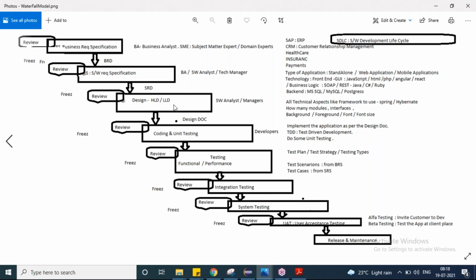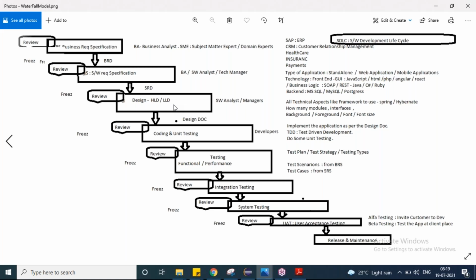Once it is approved, only then do we move on to the next level, right? This is a strict rule in this model. Your document has to be reviewed and approved, then we go to the next stage. So we got the BRD, and that BRD will be used as an input to the next stage, and the next stage documentation has to be finished. Once the documentation is finished, it has to be reviewed and approved.